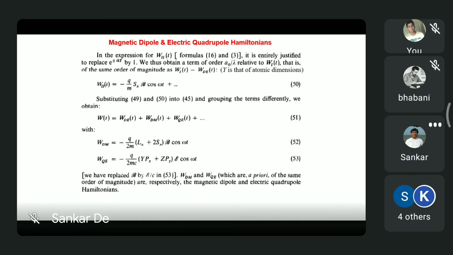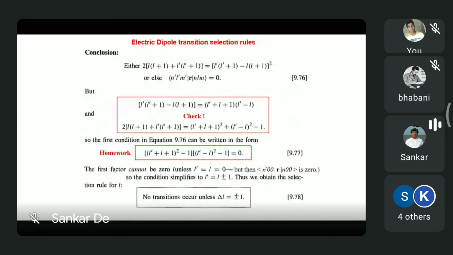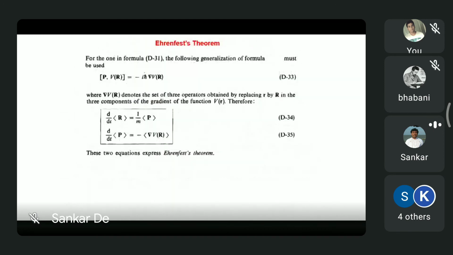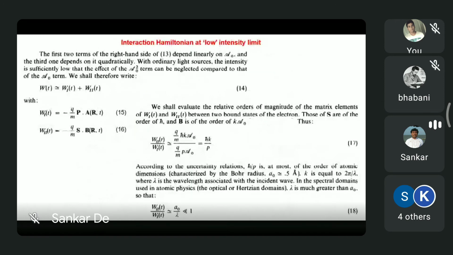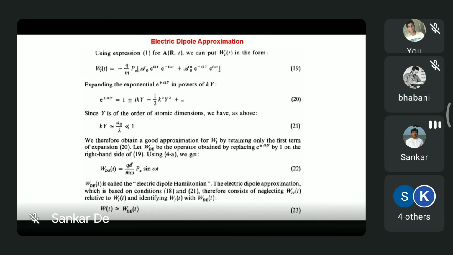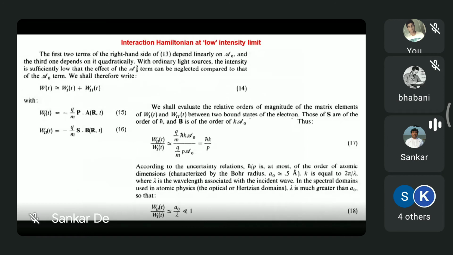Okay, and what we did is that this W2 term, the S dot B term, to actually get to this form, we look back at the W1 term. You can work this out just to check, or you can follow the same thing that we did here. See, for P dot A, we followed certain steps to get to it. So instead of minus the W1 term, Q by M P dot A, we replace that by minus Q by M S dot B.